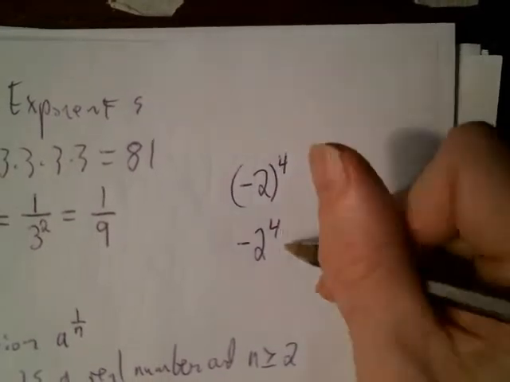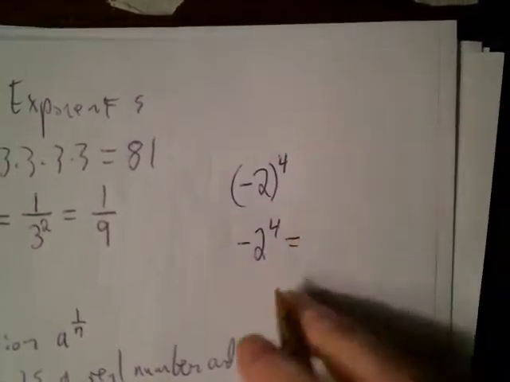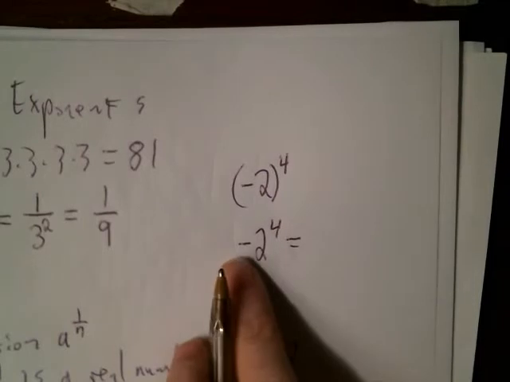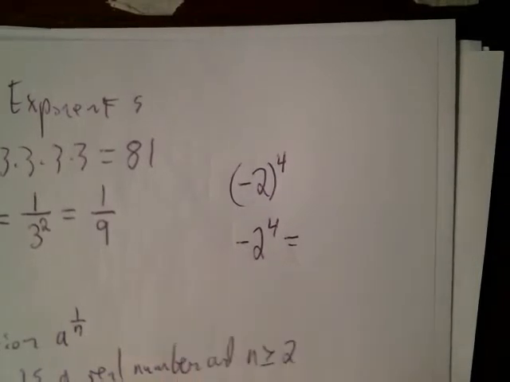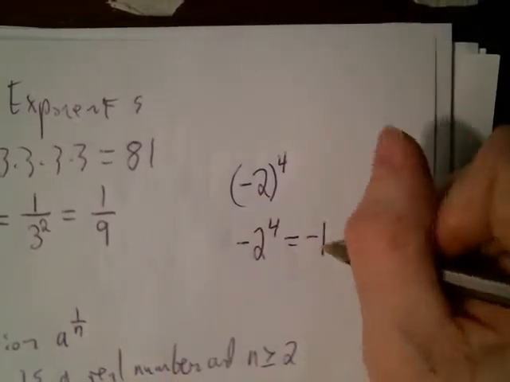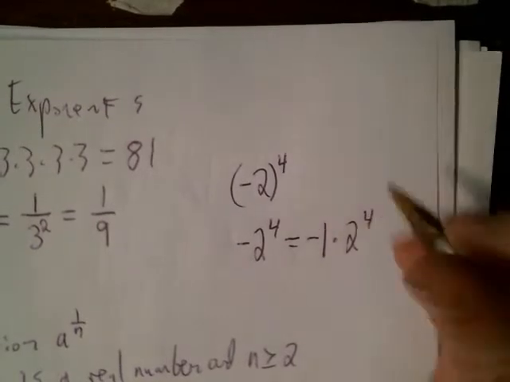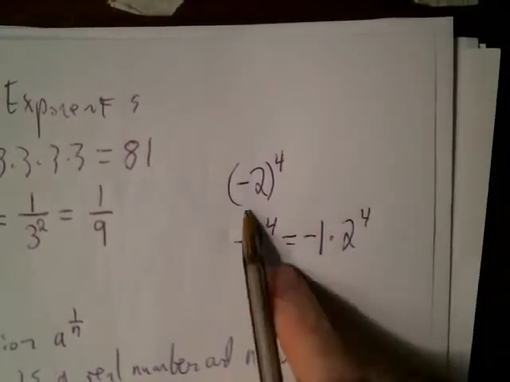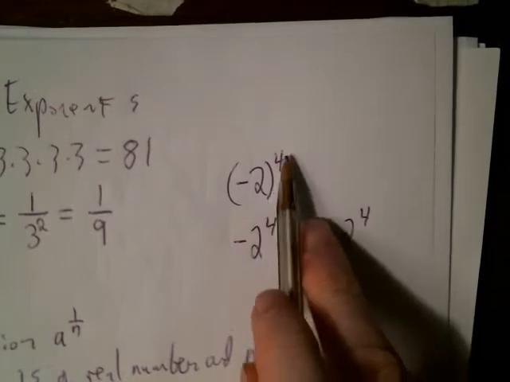In this case, the base is just the 2. This negative here isn't attached to the 2. So really it's -1 times 2 to the fourth. Up here, though, the base is all of -2. So the 4